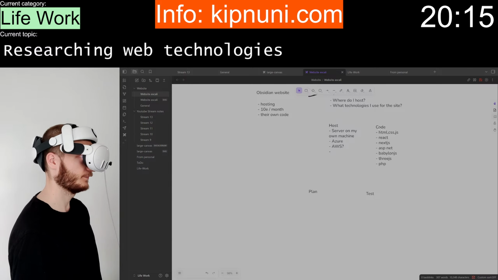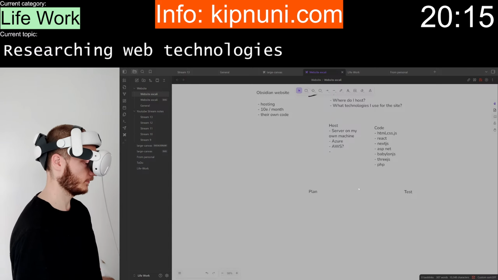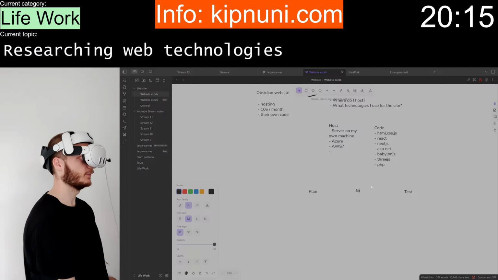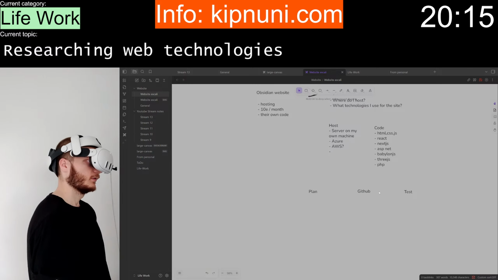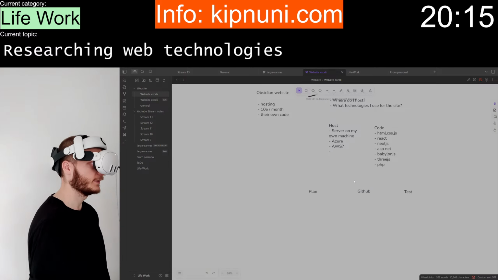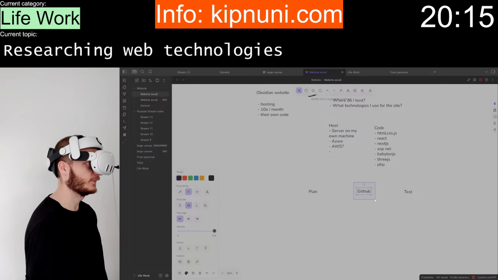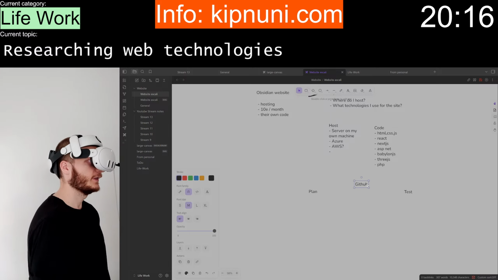Simpler, better. And then probably on GitHub. I don't see any reason why not. Maybe there are better options, but no need to focus on that. The code will be there.